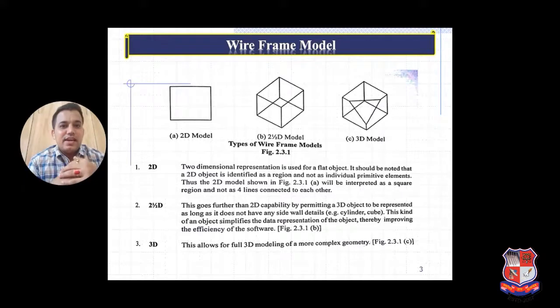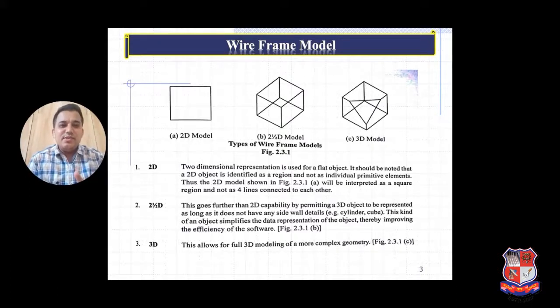Before starting wireframe modeling, I have to discuss something regarding presentation. When we learn anything in software, or in engineering graphics, a 2D drawing means an orthographic representation, and a 3D drawing means an isometric representation. But today we have to learn another representation technique, which is one part of the solid modeling representation techniques. So in wireframe modeling, basically 3 types of models are there.